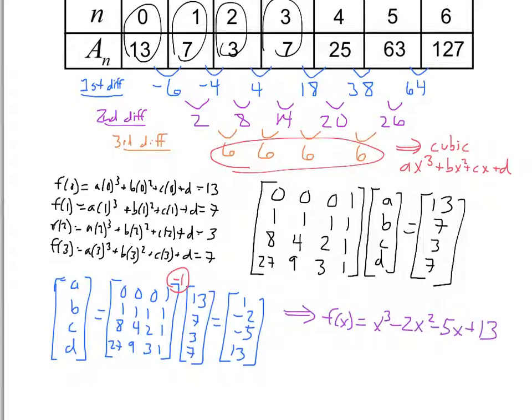plus 13. And we can always know if this is right or not, because we can plug it back into the equation and see if it produces these points. Okay, I just did that. It does hit all these points exactly, and that's how we can figure out the equation from a finite difference